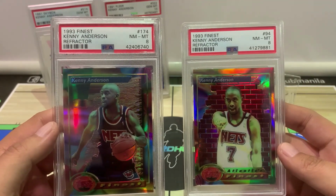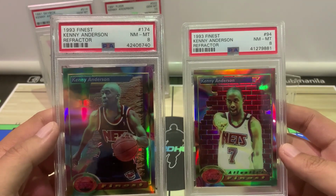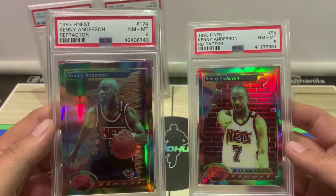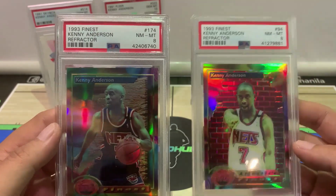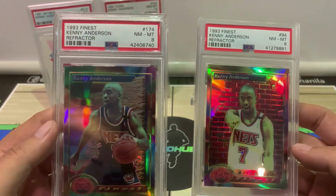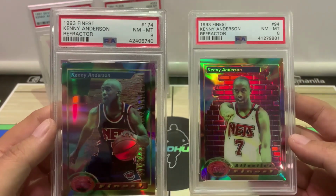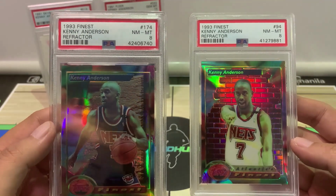So we have here his refractor card. I think this one is the base card and this one is an insert. It shows here Topps Finest and this one Atlantic's Finest. So too bad it wasn't a Gem Mint 10, but if you look at the cards, they still look good, and it doesn't really matter. The grades don't really matter if it's for your PC, right? So anyway,